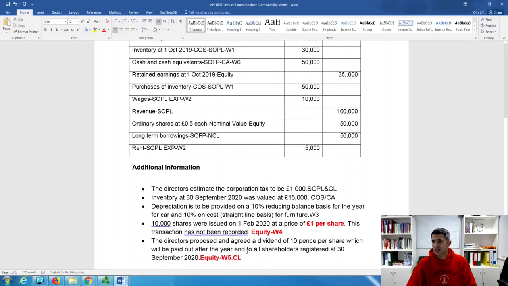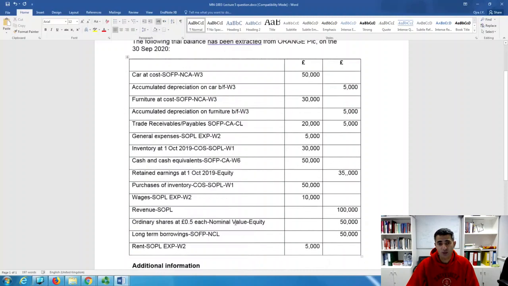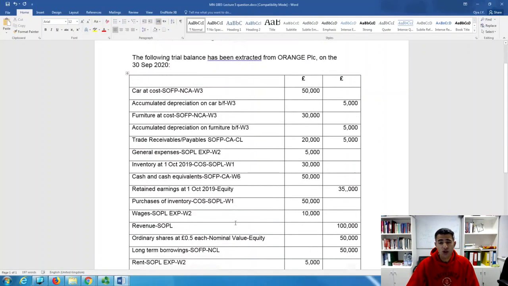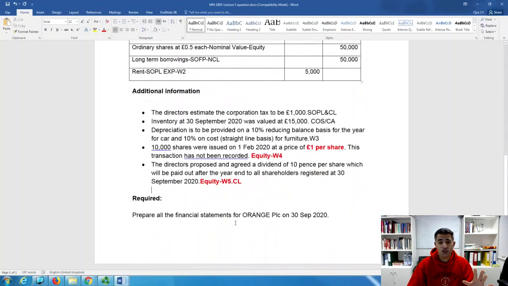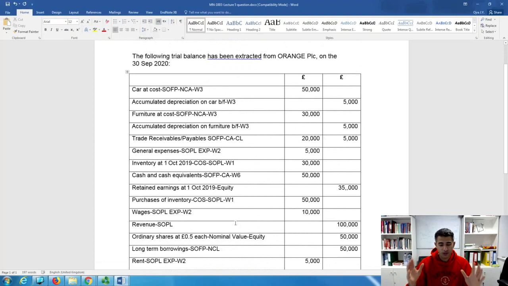Excellent. Right. So as you see, guys, this is analysis of the question. It's very important to analyze the question, because always I'll tell you students, this is 50% of the solution, right? Remember this. So once you've done this scenario, you analyze it and you put it down under workings, etc. What you need to do, first of all, before you start preparing the 3 statements,